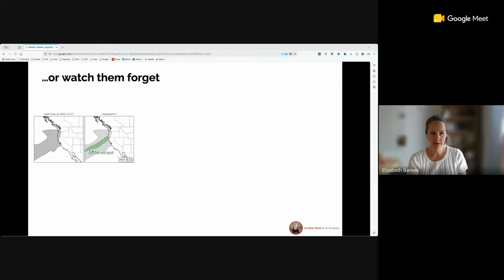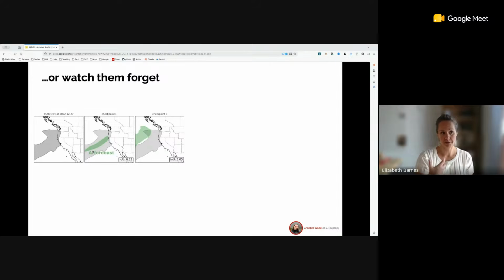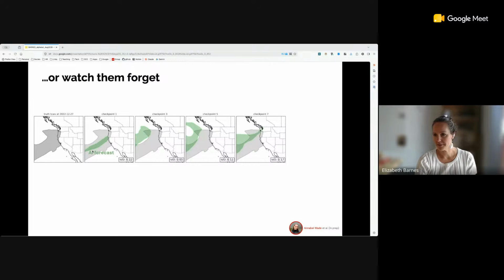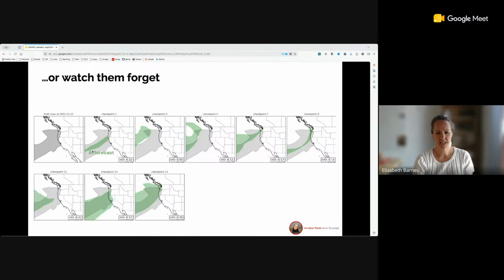So at checkpoint 1, the model is already able to put some event happening in the correct vicinity, which is honestly pretty amazing to me. At checkpoint 3, it's gotten wider, but it's moved off of where it actually occurs. We can go to checkpoint 5, 7, 9. And we see the model by checkpoint 15 starting to look pretty good and align pretty darn well with reality. So let's keep going. So far, so good.